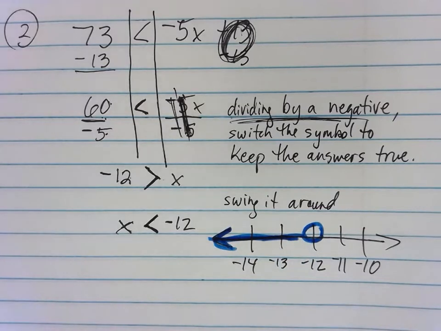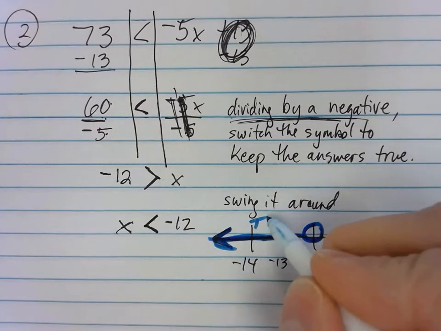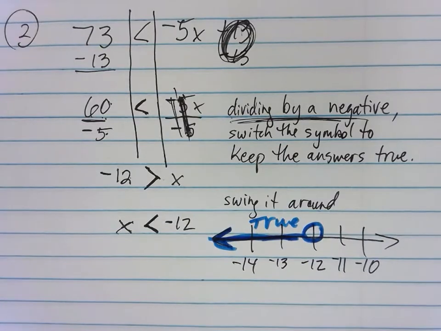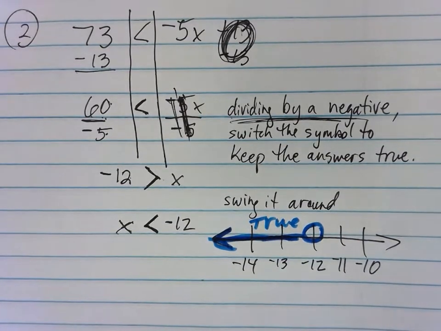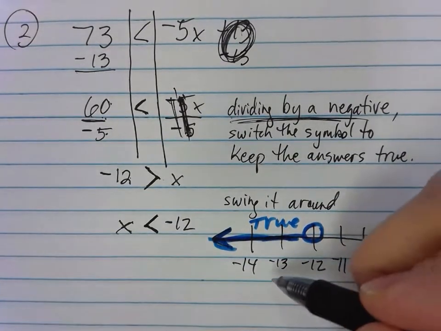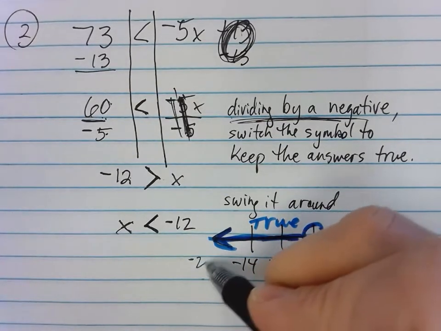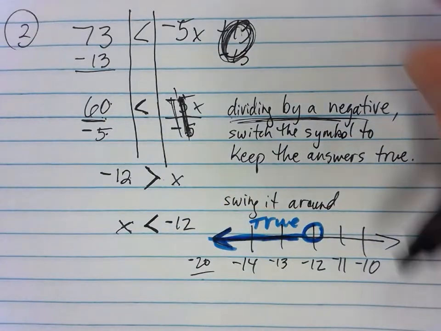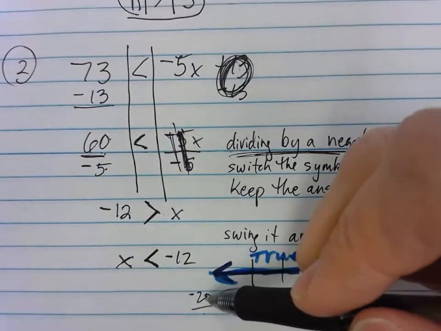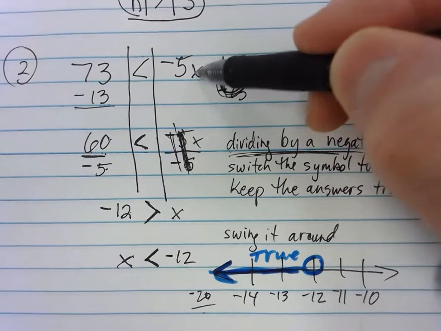Now, these are the true answers. I'm going to prove it to you. Let's just say -20 would be out here somewhere, so it would be down here. I'm going to put -20 back up here in the problem and prove to you what I'm talking about. If I do -20 here,